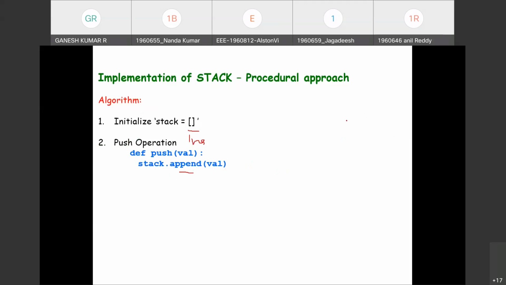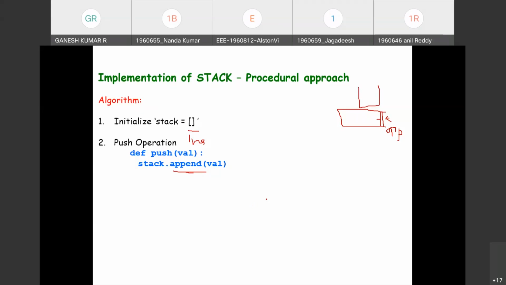The stack, which is vertical, can also be represented horizontally, where the top appears at the rightmost end. So the append function will add an item at the rightmost end. Define the function with stack.append, and this function will add a new item into the stack.